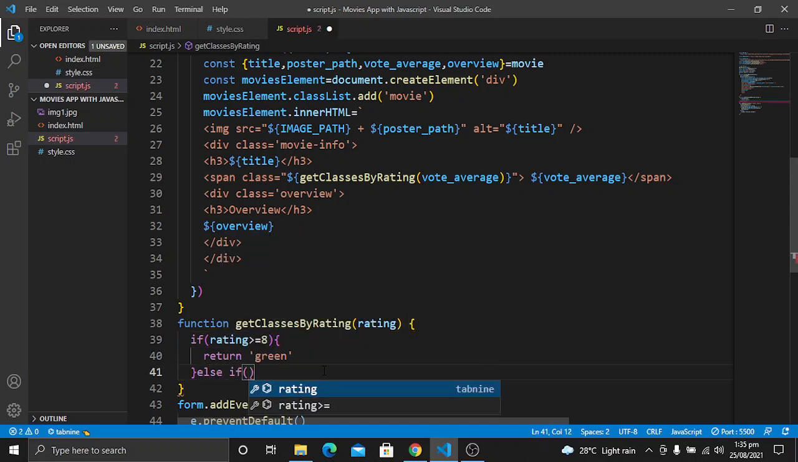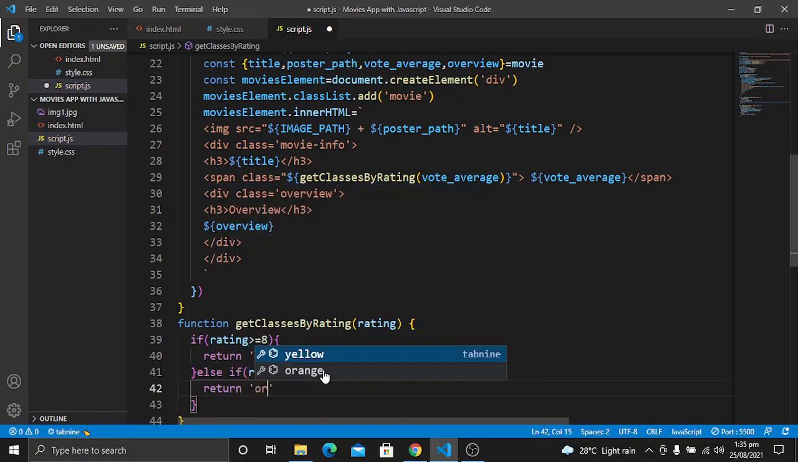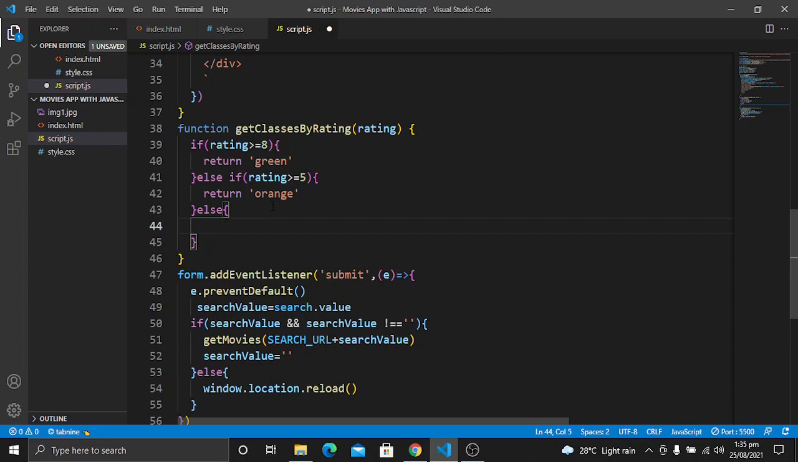Else if, so for the else if statement, what I want to do is if the rating is greater than or equal to 5, then I want to return the orange. So this will be added in this class name orange, and in the base of the classes the color for this vote average will be changed. And for the else statement, we can say if the rating is less than 5, then we want to return the class of